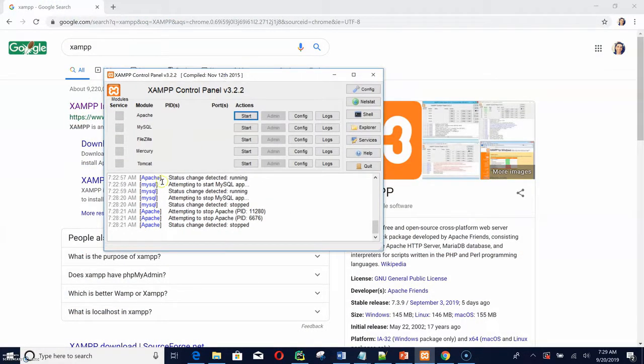So we have different modules, including the Apache and MySQL modules. The Apache is the web server, and the MySQL is our database that we want to use. So let's start them. So what we can do now is to make sure that our XAMPP is running. Now we can check it out because we have here Apache